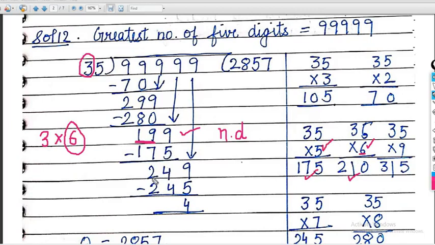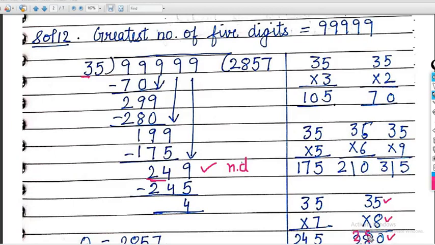You will do subtraction. 27 is coming after subtraction. Now yes, when we do subtraction we will carry down the next digit. So the new dividend is 249. Now again you will look the table of 3. In the table of 3 you will say, ma'am, 24. Okay, 24 is coming at 8. Okay, if you will do multiplication of 35 with 8 we are getting 280. ठीक है, हमें 280 मिलेगा.